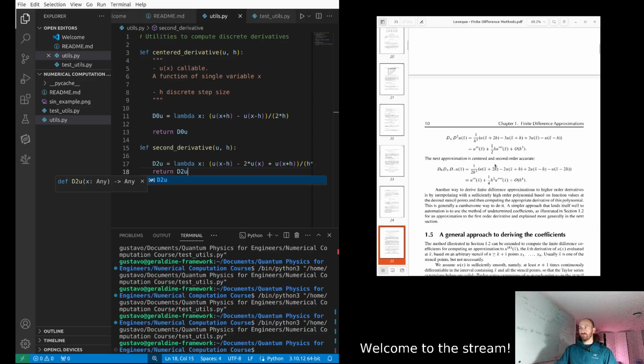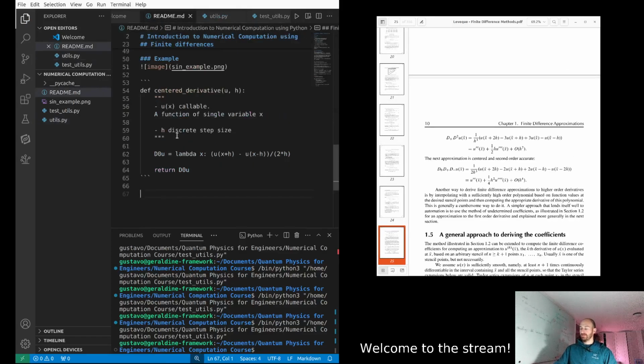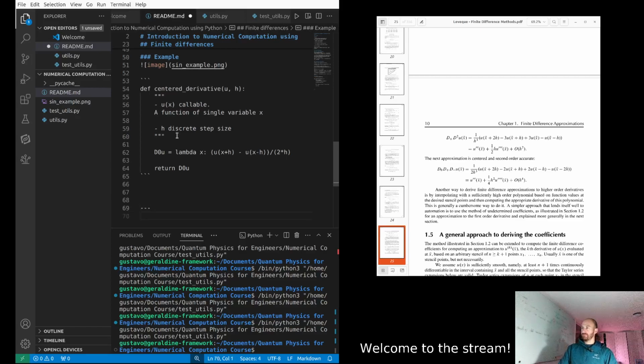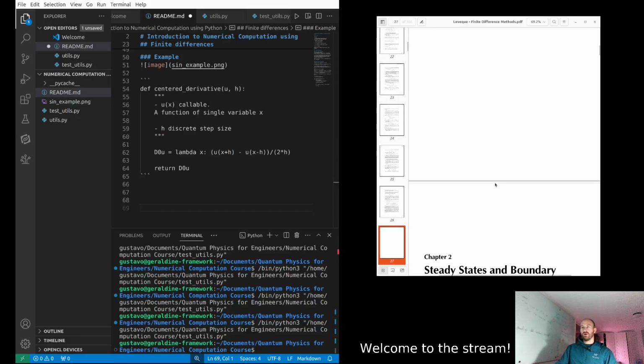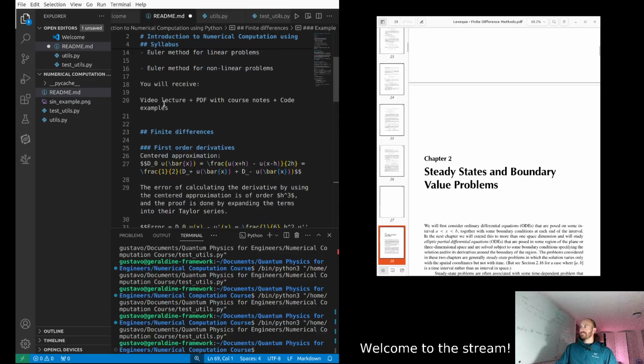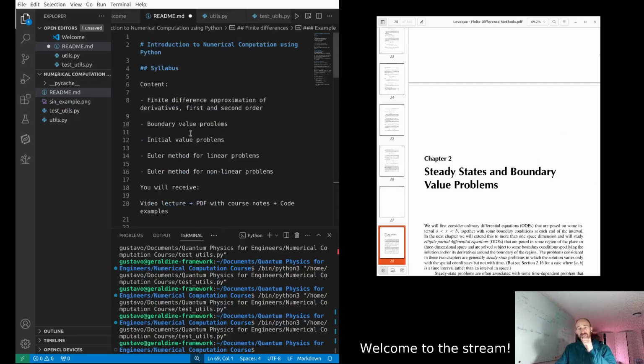So now I want to move on. Now that we have these two things done, I want us to move on to the next topic. No, this doesn't make a line. Okay, the next topic. The next topic I want to explore is boundary value problem. So why this is important is because I want to show you how to solve an actual